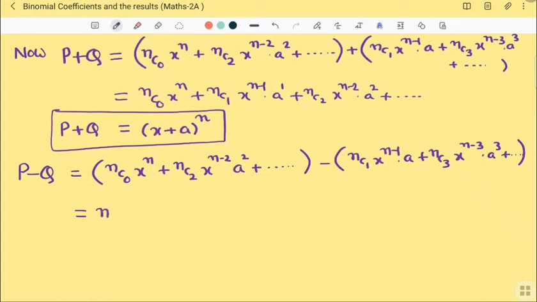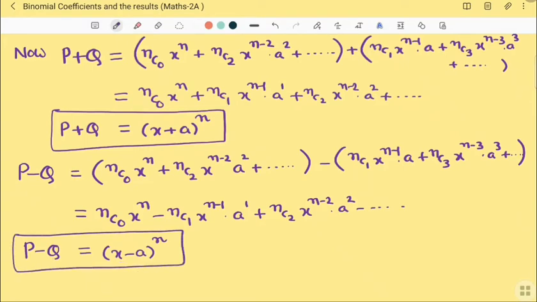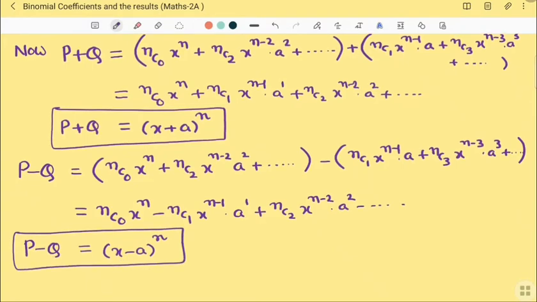So how it is means, write in the order: NC0 x power n minus NC1 x power n minus 1 a power 1 plus NC2 x power n minus 2 a power 2 minus and so on. By observing, this expansion is equal to x minus a whole power n. So P minus Q and P plus Q, both expansions we got. After that,